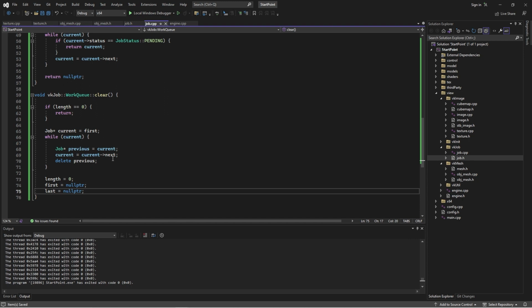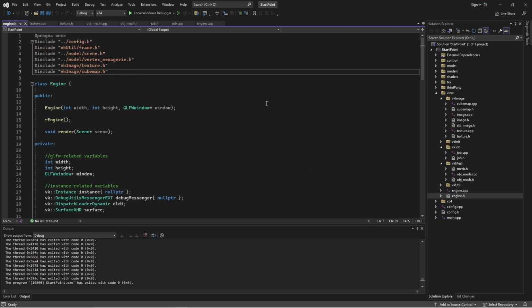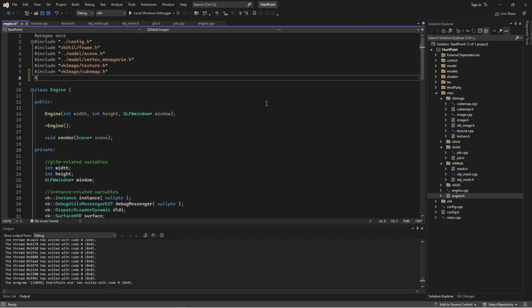All right, so this is just iterating through step by step and deleting each node, basically, and then just resetting the state of the queue. Okay, cool. Right, so then how do we use this? Well, one thing we'll need is we'll need to go to the engine header and import this,